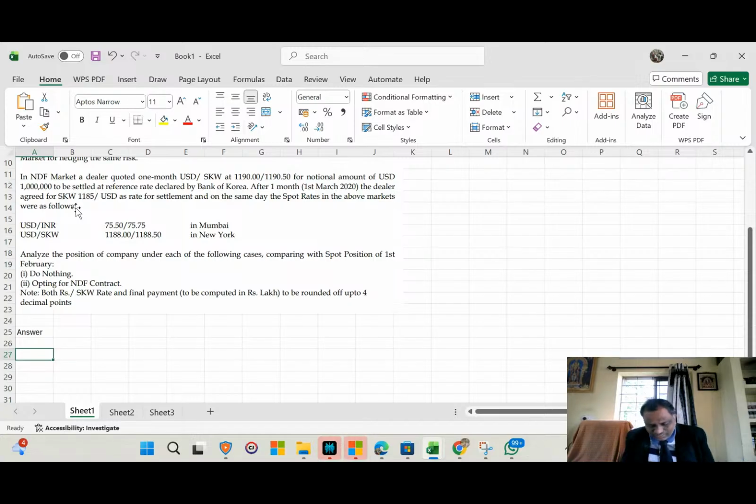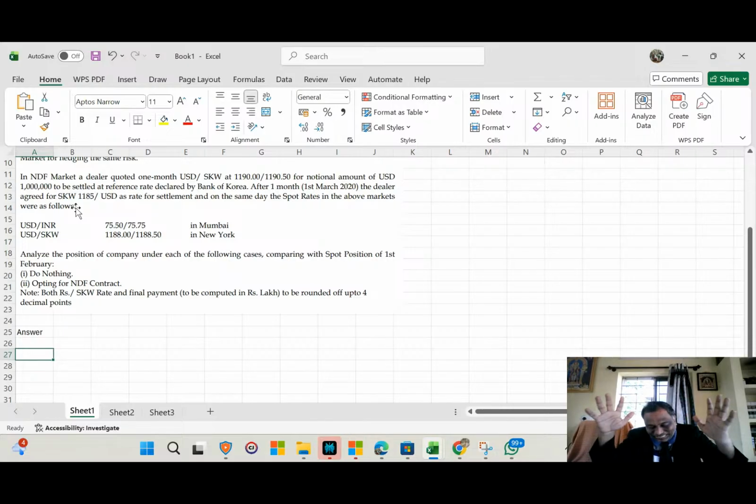Here you need to understand what currencies you have and what currencies you need to pay, so that the answer will be easy. My dear friends, the rates have been given. One is INR to USD, and one is South Korean won per USD, as per current exchange rates. For example, if I calculate it today, what is my outflow? You need to understand.